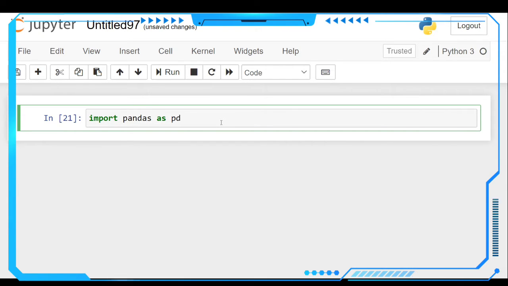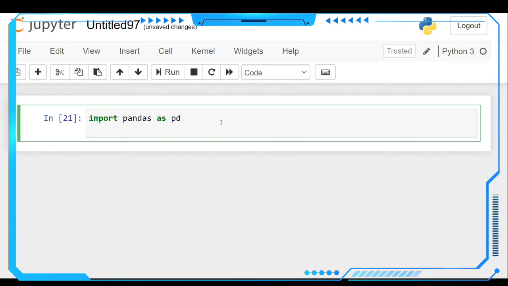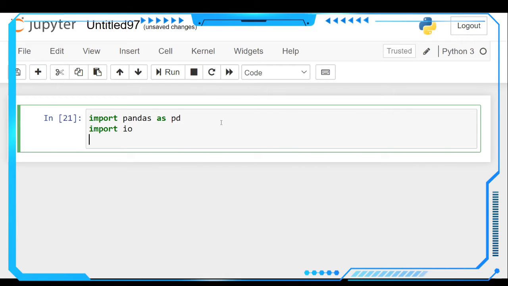PD represents pandas. If you want to choose another name you can, but I am using pd. The second one we have to import is the input output library. Then let's create the data which we need to insert into the CSV file.